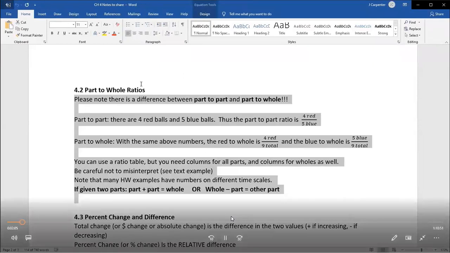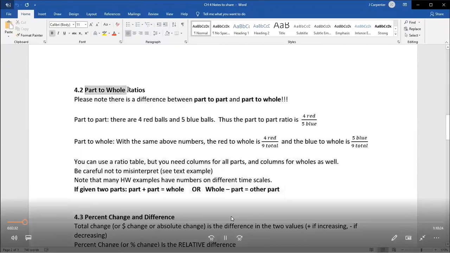So the reason that 4.2 is a pretty short section is because we have essentially already done this. And you might have said the same thing about 4.1, but we did introduce the new concept of talking about percentages a lot more. Maybe not necessarily a new concept, but just getting us used to it being a regular piece of our vocabulary and techniques. Part-to-whole ratios doesn't really feel like a different thing because we've been talking about part-to-whole ratios.